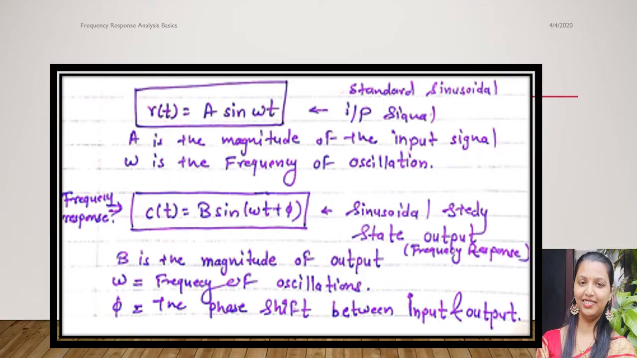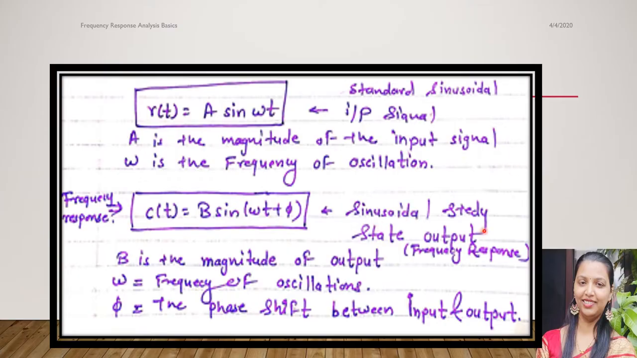r(t) is given by the equation r(t) = A sin omega t, where A is the magnitude of the input signal and omega is the frequency of oscillation. Normally, A is kept constant to obtain the frequency response. For this standard sinusoidal input signal, the system gives